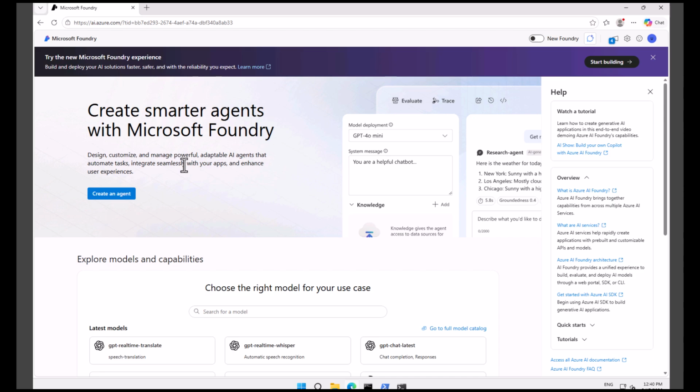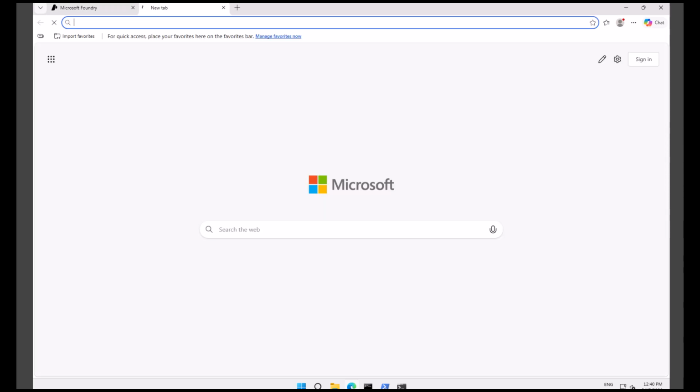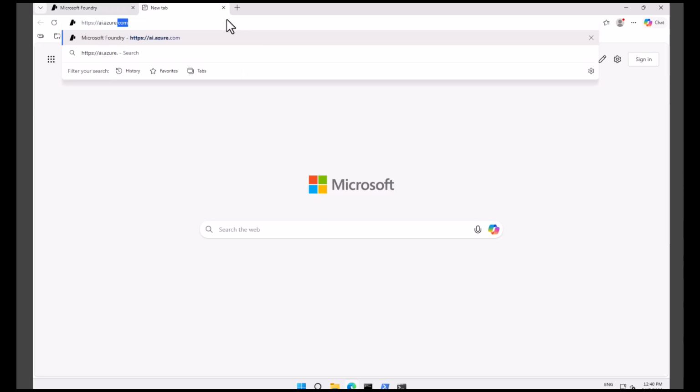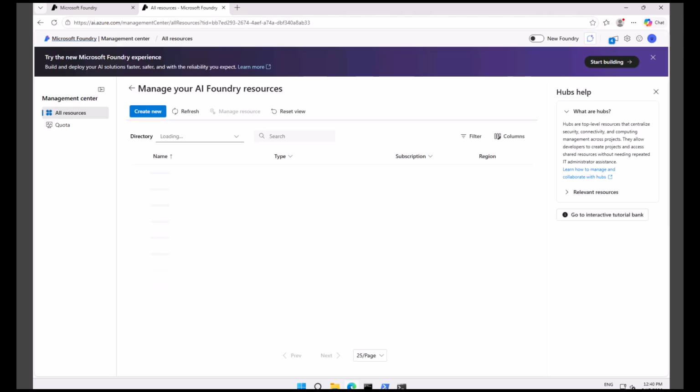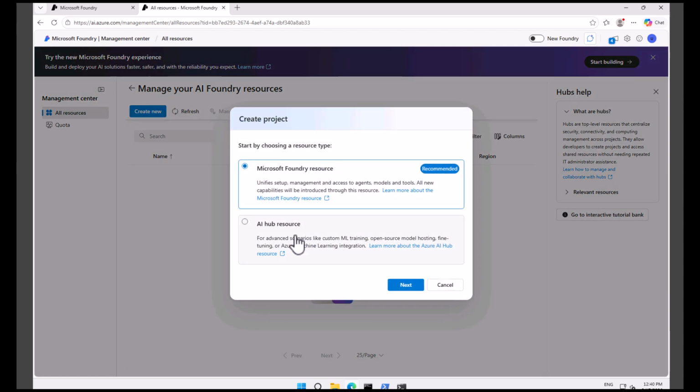In this video, we'll talk about how we can analyze a form with the Azure AI Document Intelligence model. So the first thing is that I will go to my AI Azure Management Center, all resources here. I'll press enter. So I'm going to create a project and AI hub. I'll click on create new. I will select my AI hub resource